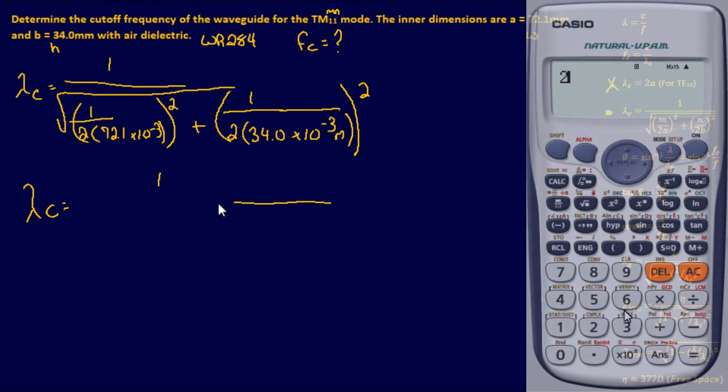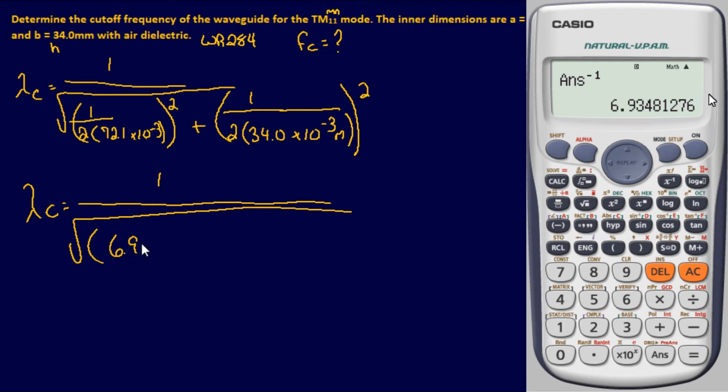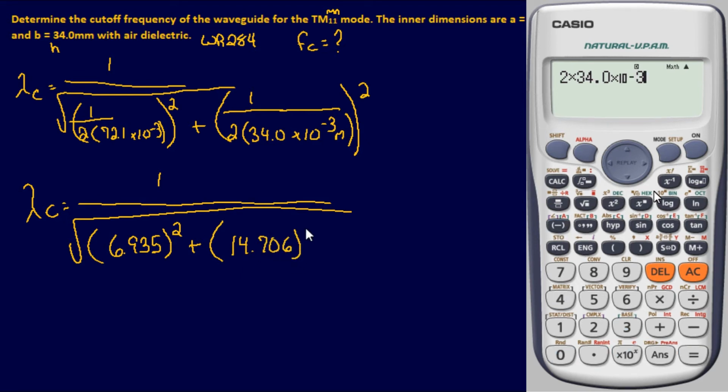So it's 1 over, I want to rewrite the whole equation, square root, and then we have, we'll go ahead and solve this part in the calculator, which is going to be 6.935, and I'm going to round for a majority of these, plus, and do the same thing again over here, which is going to be 14.706 squared. Now we can go ahead and square both of these, so it's going to be